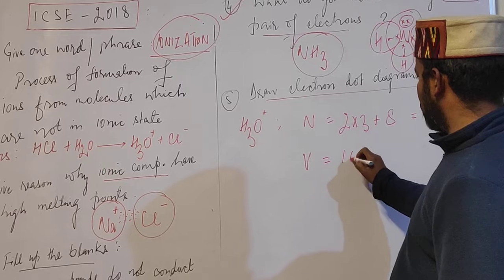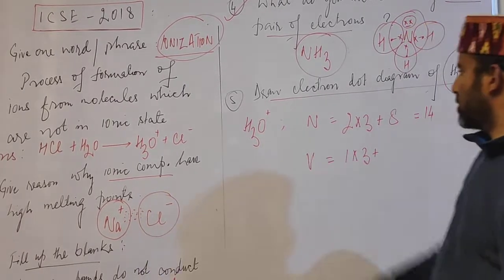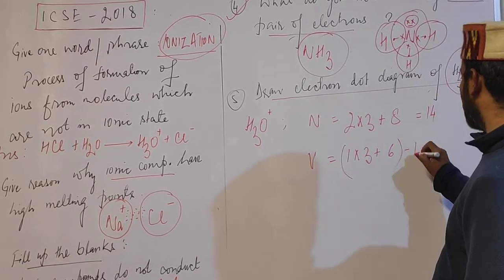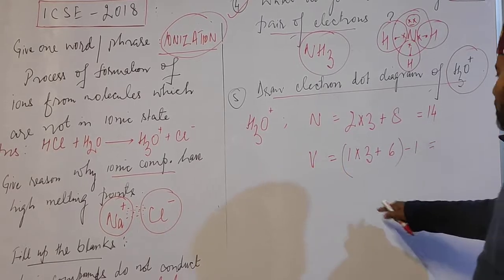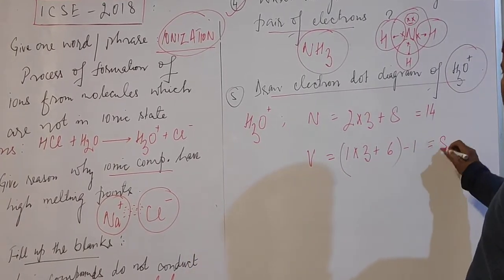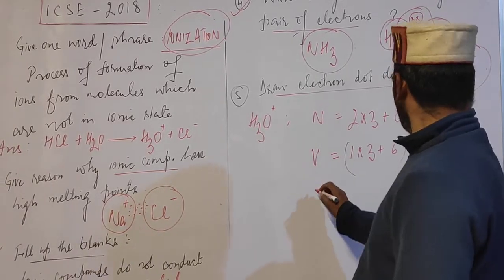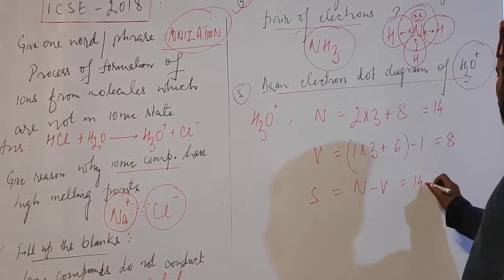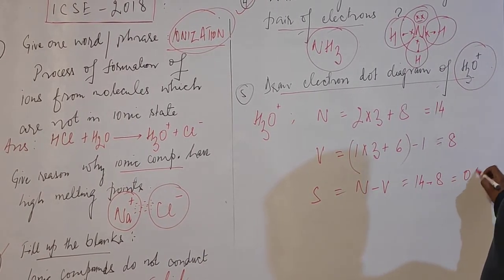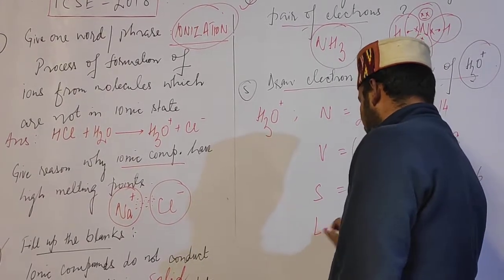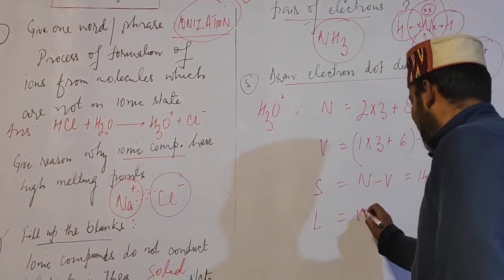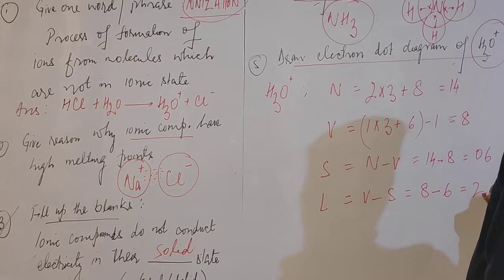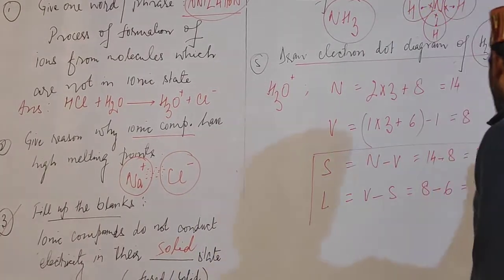Now valence electrons, hydrogens, they have 1 electron in the valence shell, oxygen has 6, but here again 1 positive means we have to subtract 1 electron, so we have again 3 plus 6, 9, minus 1, so we have 8 electrons. Now shared electrons will be difference of N and V, so 14 minus 8, we have 6 electrons which are shared. And lone pair of electrons, now this is difference of V and S. V is 8, shared electrons we have 6, so difference is 2. Now we will distribute these electrons